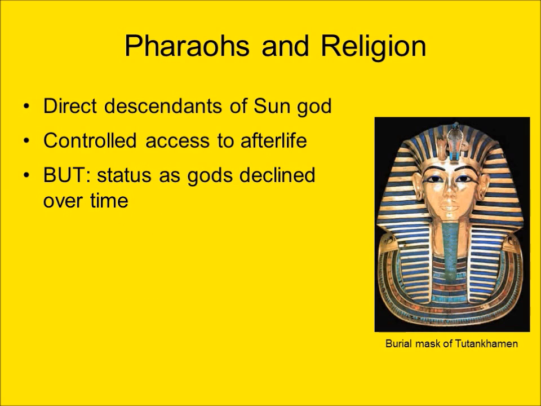Although Egyptians recognized pharaohs to be human, at least in a human form, and subject to human weakness, simultaneously pharaohs were viewed as gods, because divine power of kingship would be incarnate within the pharaoh. The pharaohs served as intermediaries between the Egyptians and their gods. Over time, though, pharaohs began to be seen as a little less powerful than they had been in earlier times.